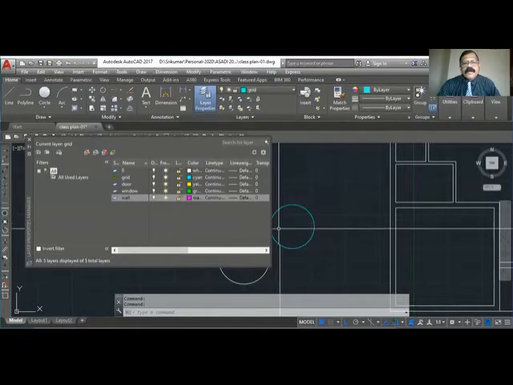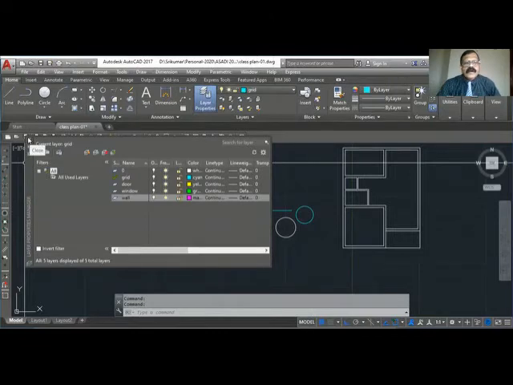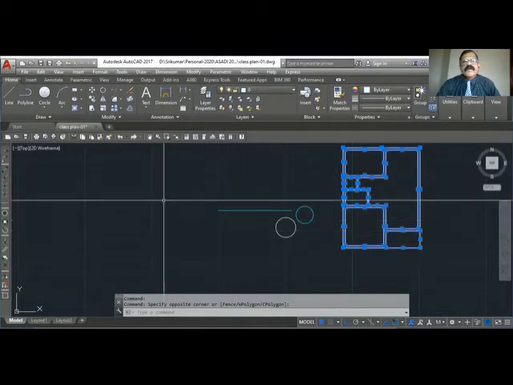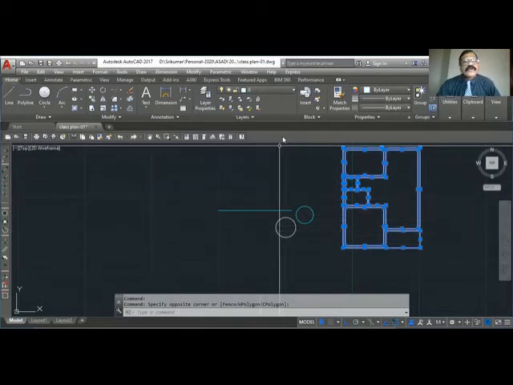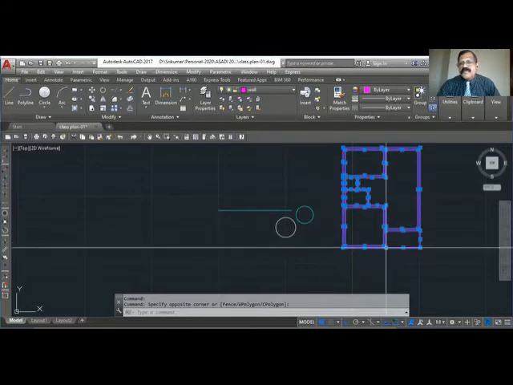Magenta. Okay. So now what I will do is I will select all this. It shows you that you are in 0 layer. I will select from here, arrow, select wall. So everything has gone to the wall layer.